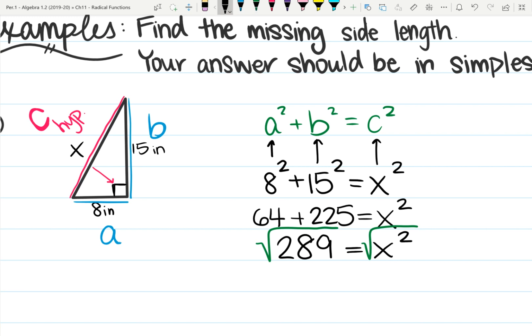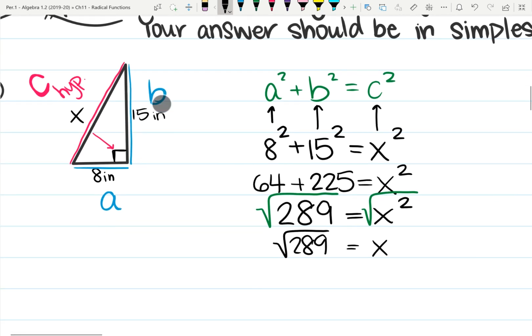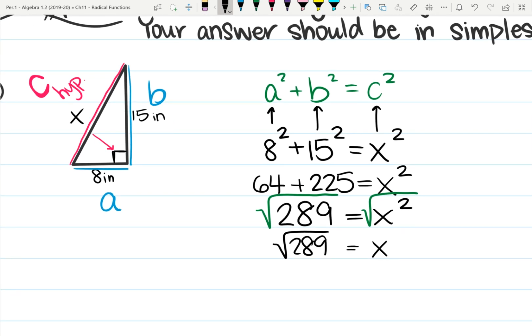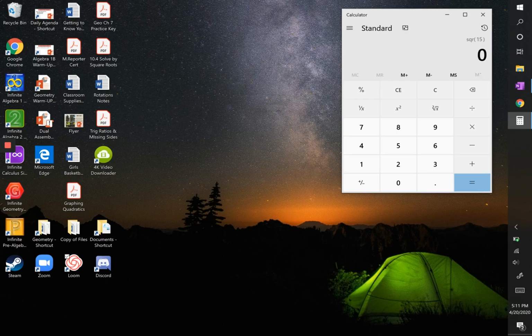Okay, so I gotta figure out what that is, right? The square root of 289. Actually, since I have a calculator, let's see if 289 is a perfect square. So again, I'm going to go to my calculator. Let me see if I can do this on the screen. Oh, there we go. For a square root, that's this button here for me. I'm going to click it. The square root of 289 is equal to